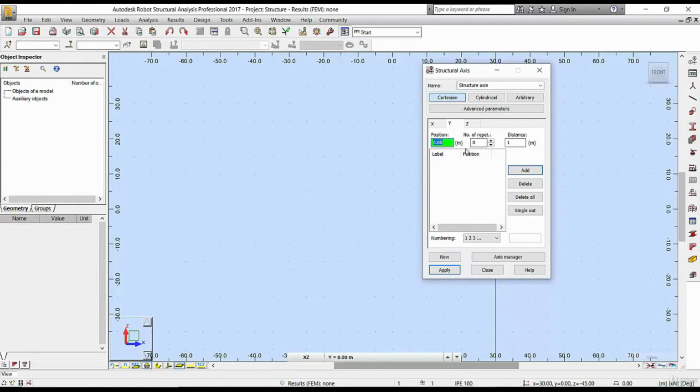Okay, now for the y direction we want first of all to put the 0. Now the repetition for